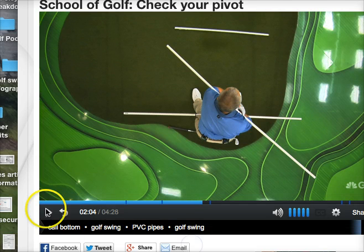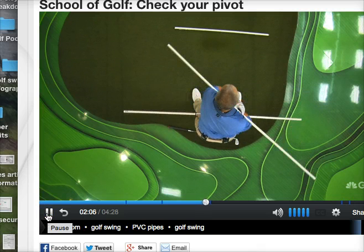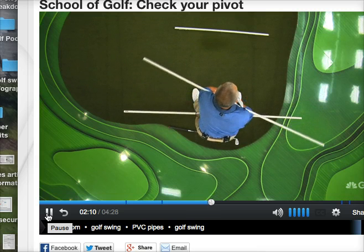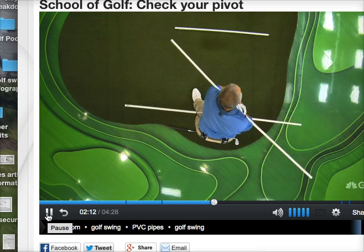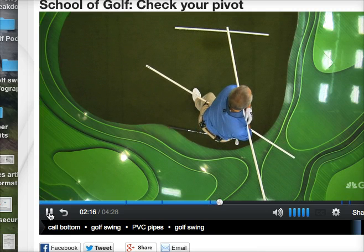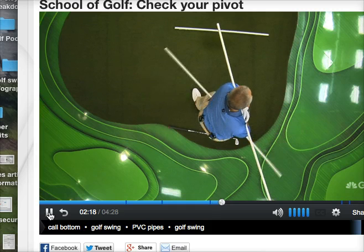So let's continue. As we continue through, you can see that in the backswing, the top turns before the bottom. Now, the reason I like using the PVC pipes is it's so easy to see. The top turns before the bottom, and it pulls the bottom around. Now, coming down, you want the bottom to at least...